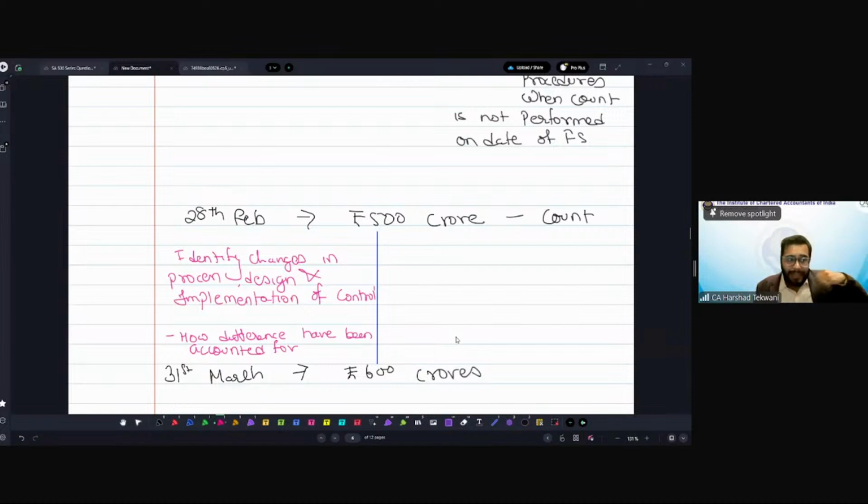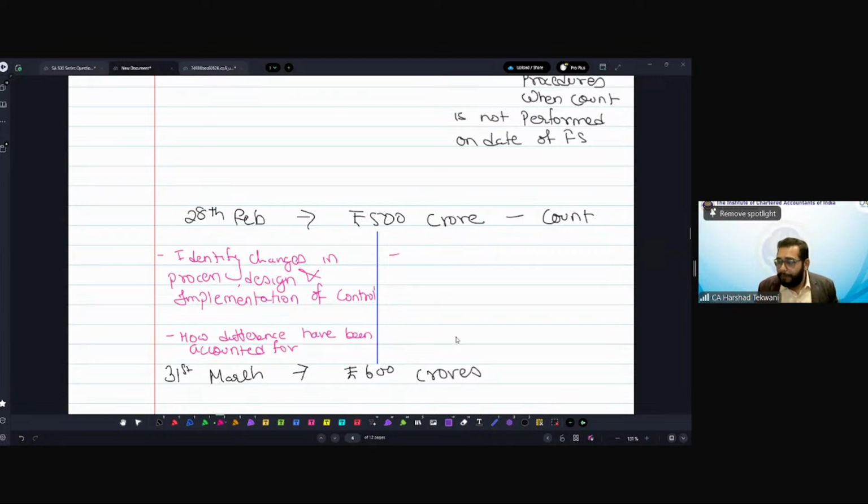Let's say, for example, they identified the deviation on 20th Feb, but they never recorded it. So that deviation will appear in March also because they never recorded that. So there was an inventory of 25 lakhs which they never identified or never found. The same deviation will now occur in the 31st March inventory count also. So if there was a deviation, whether that has been recorded or not,